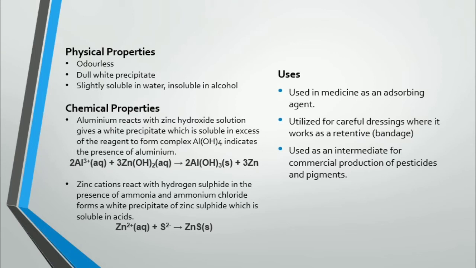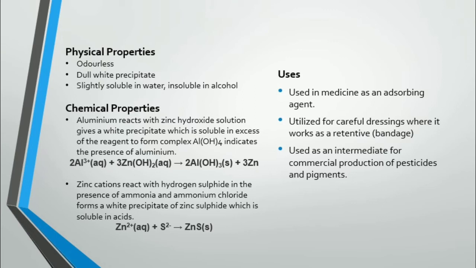When zinc cations react with hydrogen sulfide in the presence of ammonia and ammonium chloride, it will form a white precipitate of zinc sulfide which is soluble in acids. The uses for this compound are: it acts as an absorbing agent. It can be used in medicine